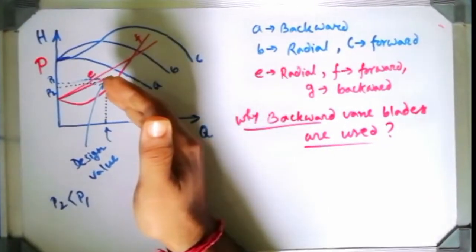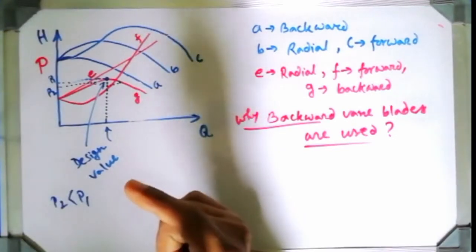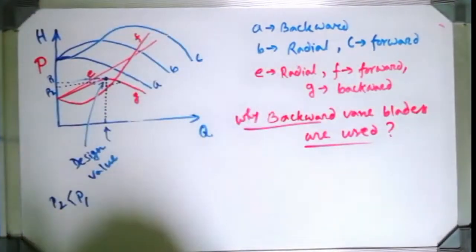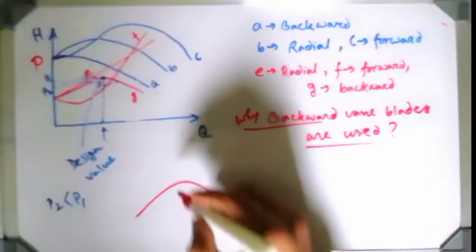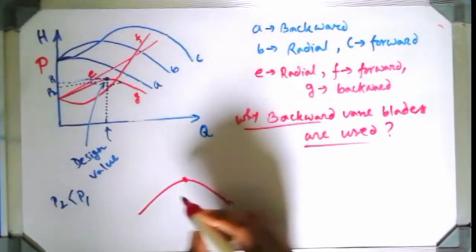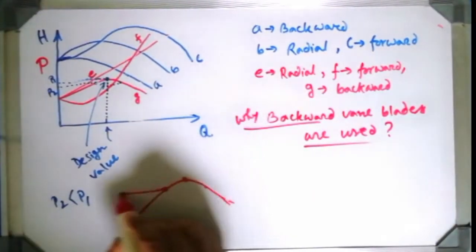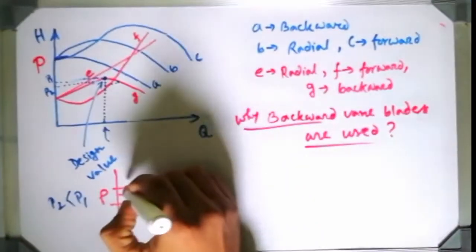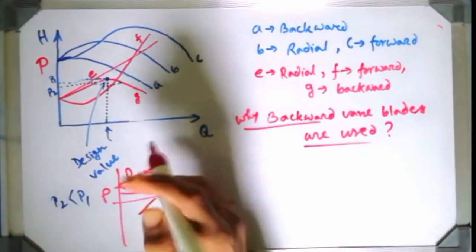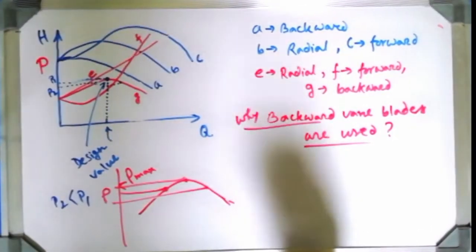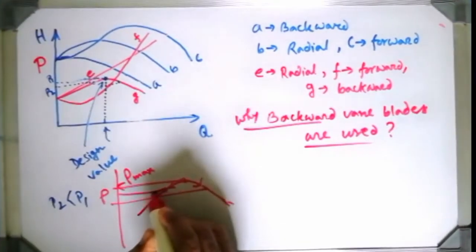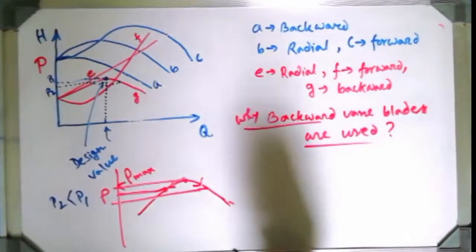Then the motor will work safely. Why? Because the power drawn by the pump is less than the design value, because the curve is sloped like this. If we take this value as the design value, then if we move here or here, it will consume lesser power, because this is the power axis. This gives you the maximum power, P max, the maximum power drawn by that motor or pump. But if we move to this side or that side, obviously you will get some lesser power. That means the pump will draw less power.